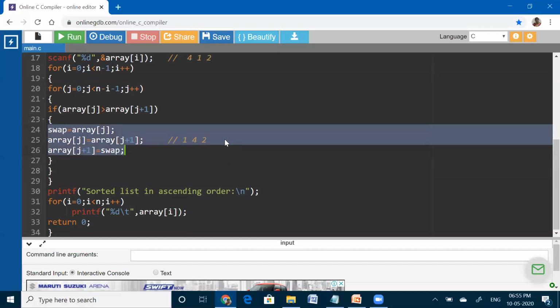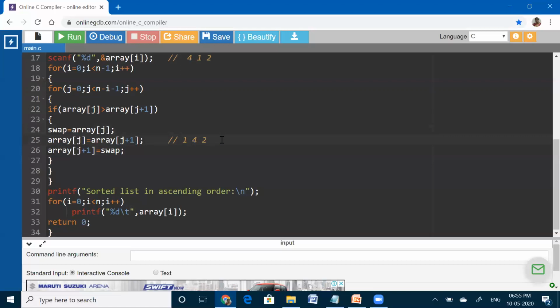So after performing that if condition, after executing this if block, 1 as usual, then 2 in sorted order, 2 will be swapped with 4. Okay. Now we'll come out of this if condition. Now j value will be incremented by 1.